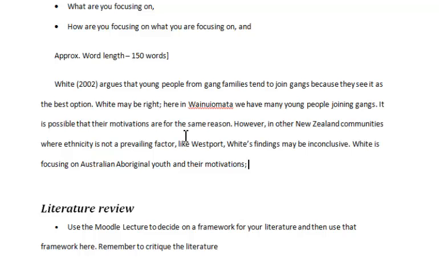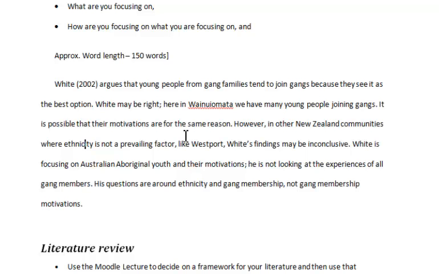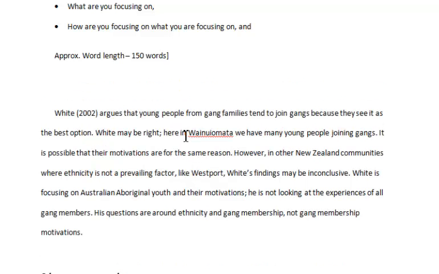He is not looking at the experiences of all gang members. He is starting, his questions are around ethnicity and gang membership, not gang membership motivations. Okay, now before this, I would have a paragraph